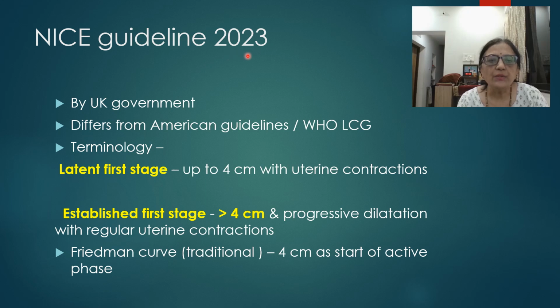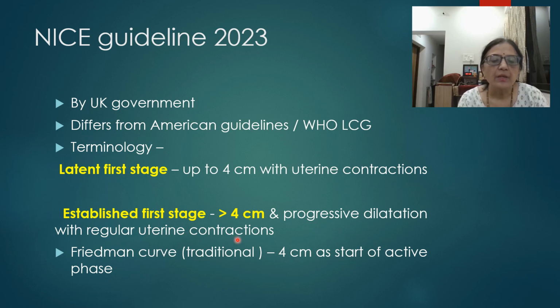The NICE guideline 2023 is by the UK government. It differs from the American guideline and the WHO Labor Care Guide. Its terminology, as I said, uses latent first phase up to 4 centimeters with uterine contractions. It establishes the first stage whenever dilatation is greater than 4 centimeters and there is a progressive dilatation of the cervix with regular